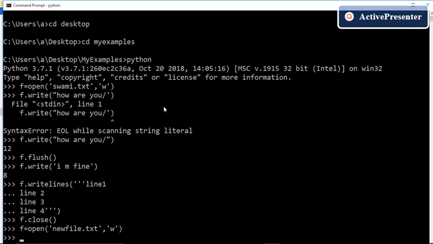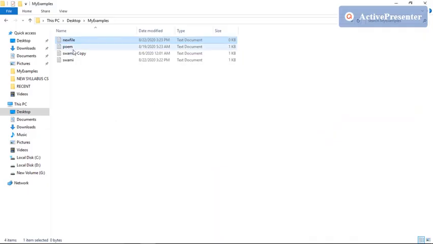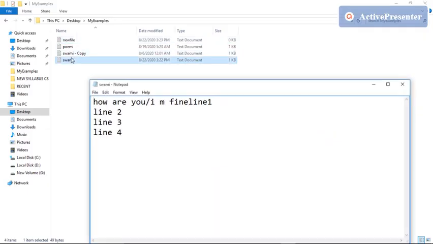Now let us proceed with another write mode related to the write operation, that is A mode. Okay, so this is our file. This is the content of our file swami.txt.